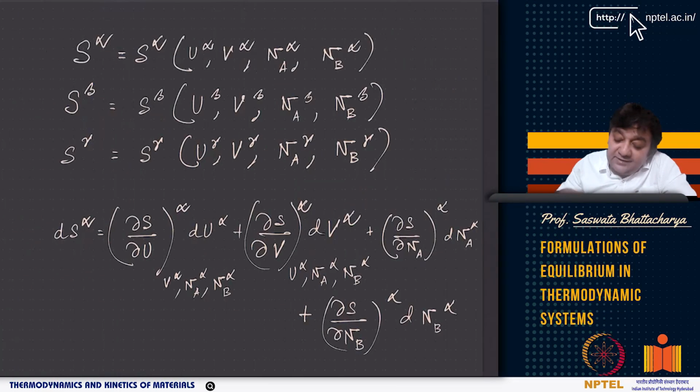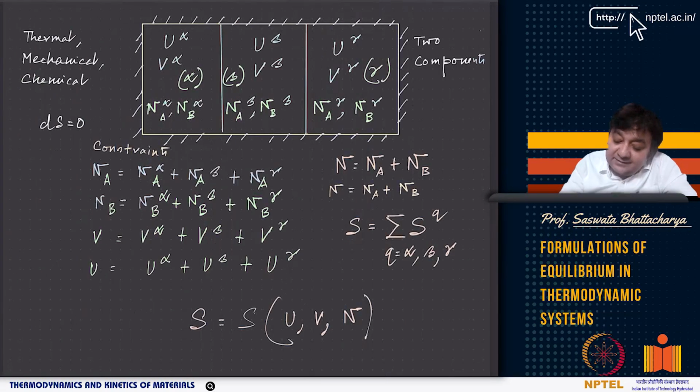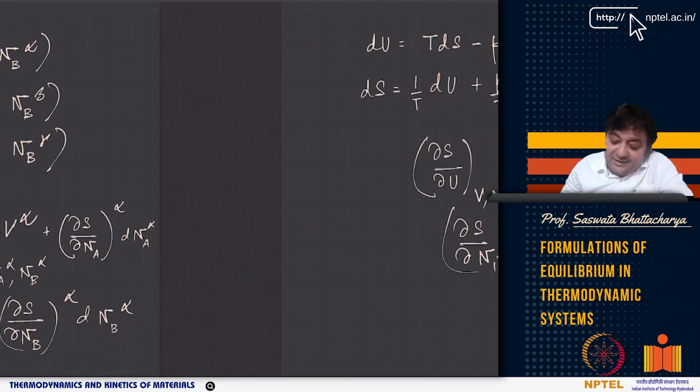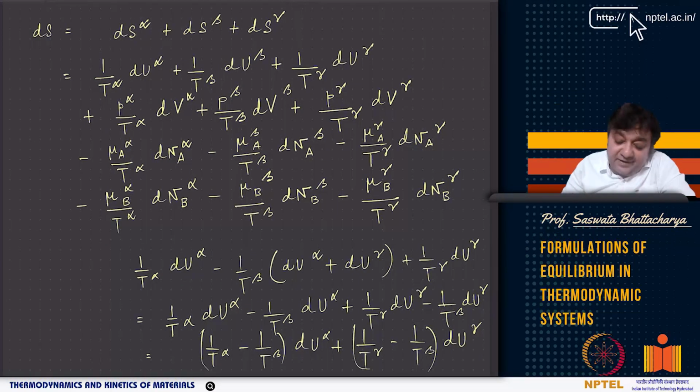But what I am telling is, we are trying to prove here that we can derive the same laws if we consider multiple subsystems with multiple components. And this is exactly what I am going to do here. So if I now use total dS, that is the total change in entropy, at equilibrium dS has to be equal to 0, right? The extremum value has to be 0. So dS equal to 0 means dS alpha plus dS beta plus dS gamma, which basically gives you dS, has to be 0.